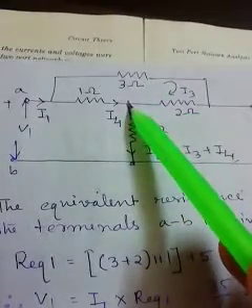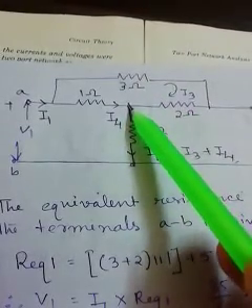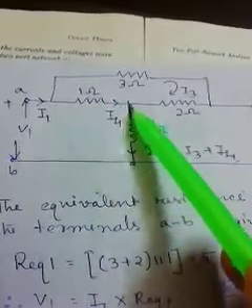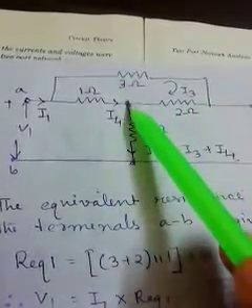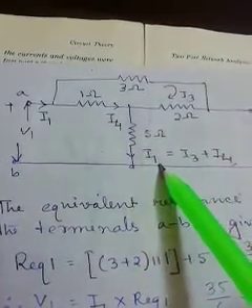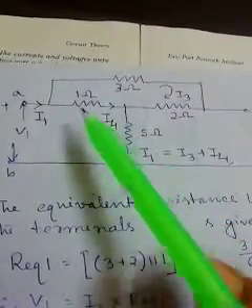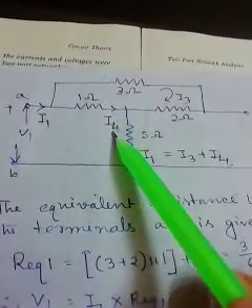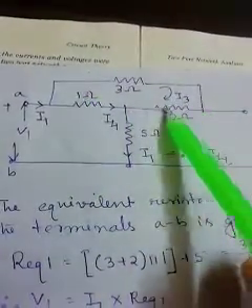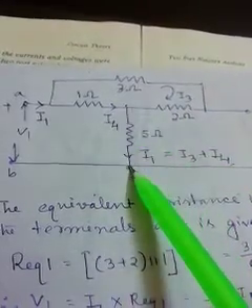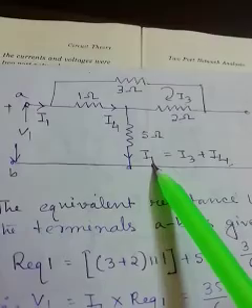Then it meets at this point. At this point the current through the 1 ohm and the current through this 2 ohm unite again, and through this path I1 will flow again. If we separately denote the current through this path as I4, and through these two resistances as I3, then I3 plus I4 comes here again, which is nothing but I1.